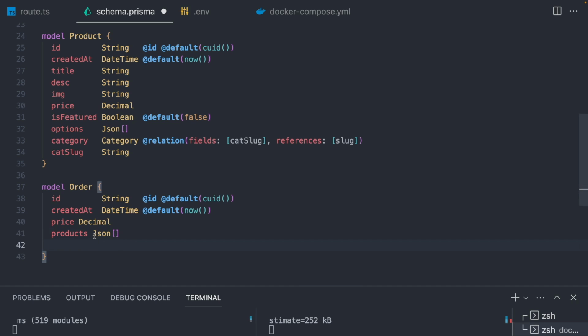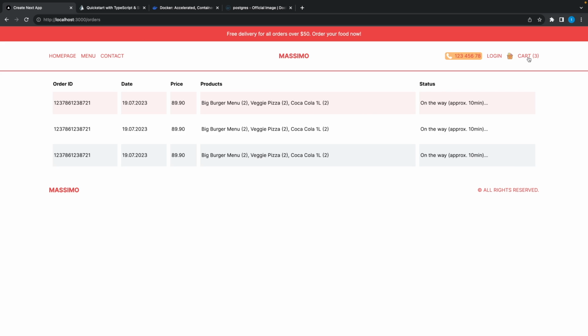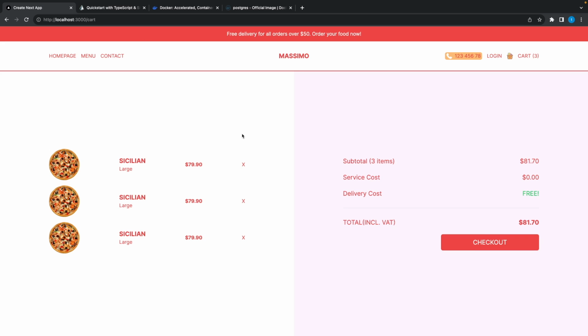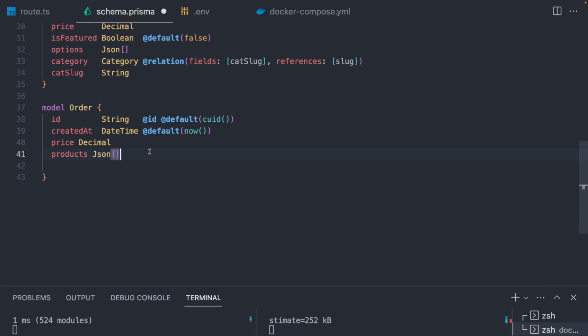I'm not writing here this product model, because we are going to store something different. We are not storing directly these products. Instead, we are storing, let's see, our cart. As you can see, we have products, but it has only image, title, this option, and price, not the whole product. Basically, we can use this object array, and we are going to have status,